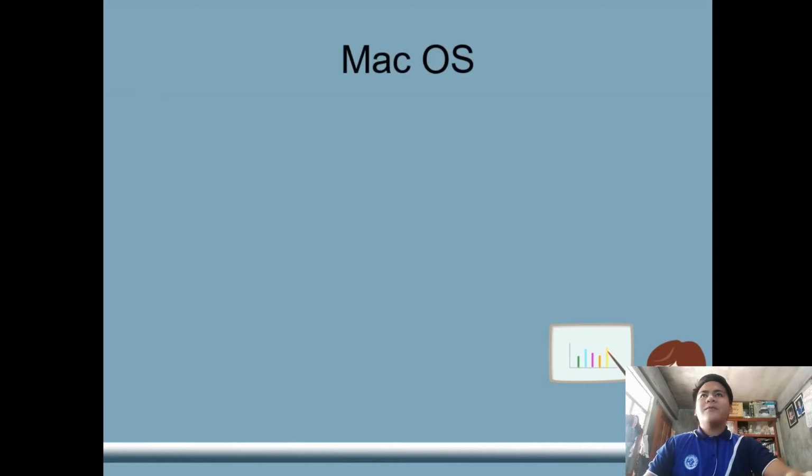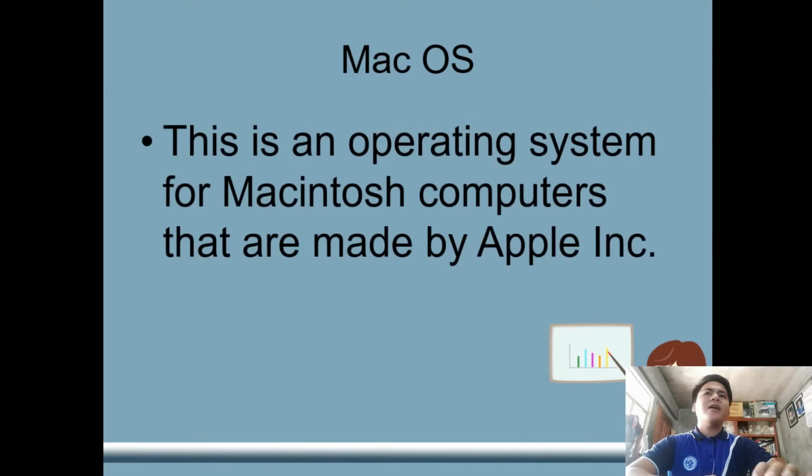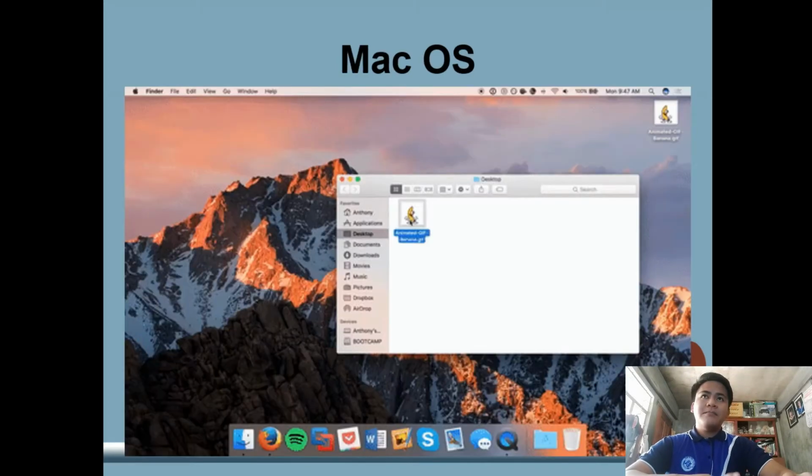Now, next, after Windows Vista, we have also MacOS, which is an operating system that is created by Apple Company. Okay? So, that is MacOS. Ginawa po ni Apple Company para sa mga devices po nila. And reminder, itong mga operating system na to ay hindi po libre. Binabayaran po sila. Okay, so that is operating system, MacOS.